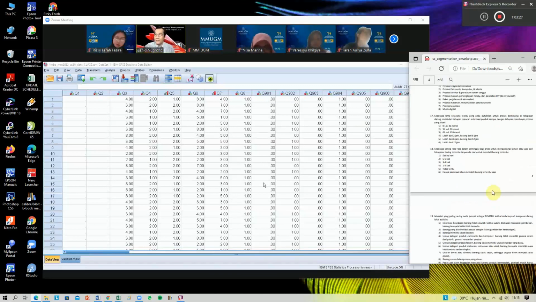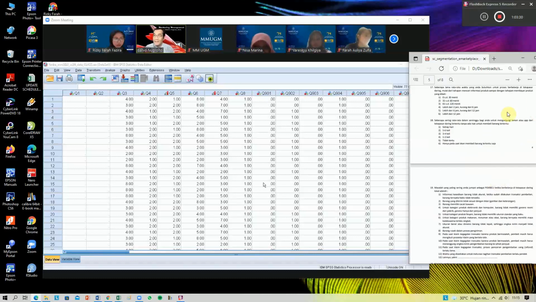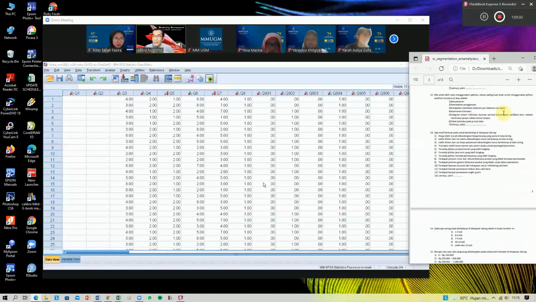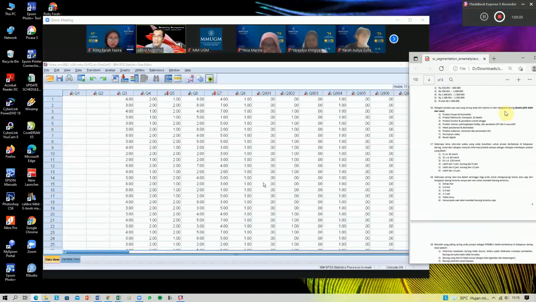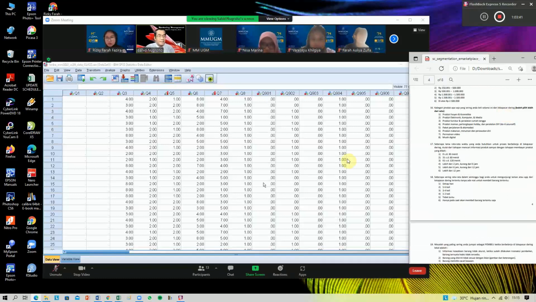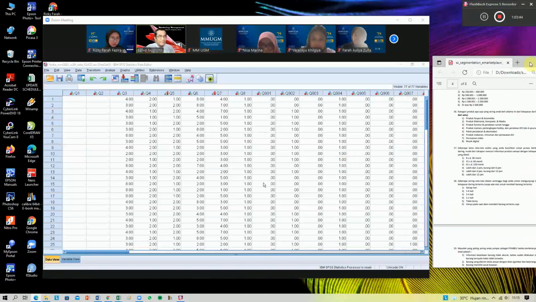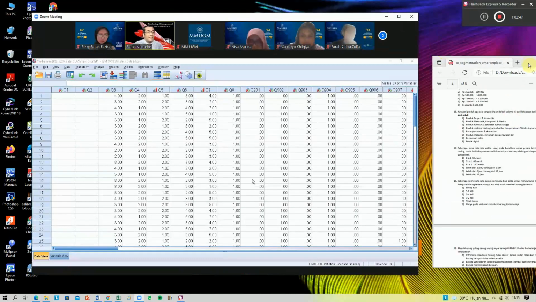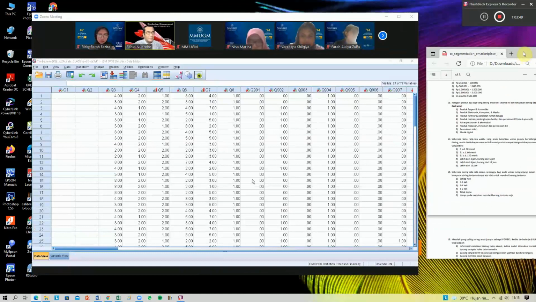Does everyone understand now? Fashion and beauty is the most popular shopping item in the e-marketplace, followed by electronic, computer, and media, and also food, beverage, and self-care. So we have the three most popular items in the marketplace: food, beverage, self-care, then electronic, computer, media, and then fashion and beauty.